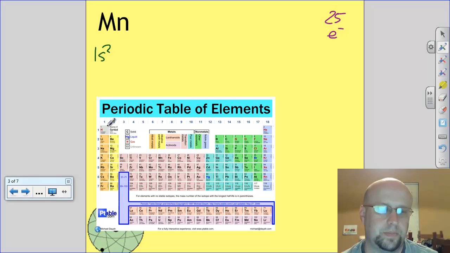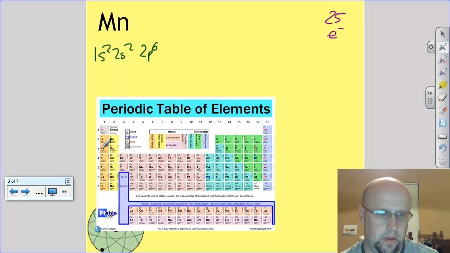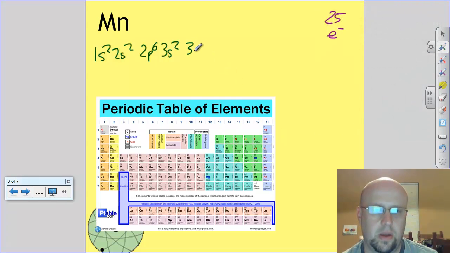So 1s2, 2s2, okay, 2p6, so I'm not there yet. I'm at 10. 3s2, okay, 3p6. Now, where am I at so far? If I just stopped here, I've got 2, 4, 10, 12, 18 electrons, so I've still got a ways to go. So we come down to the next row, 4s2,